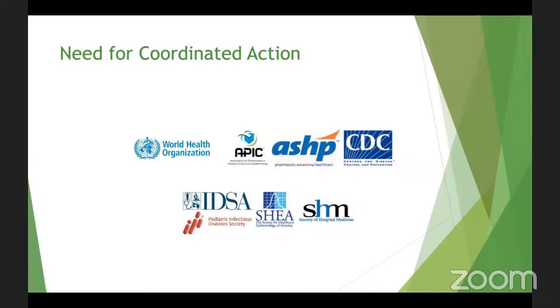So what is the plan? We now need coordinated action. This coordinated action is supposed to be different. It's supposed to be between different parties and different institutions. Antimicrobial resistance is a complex problem that requires a united multi-sectoral approach